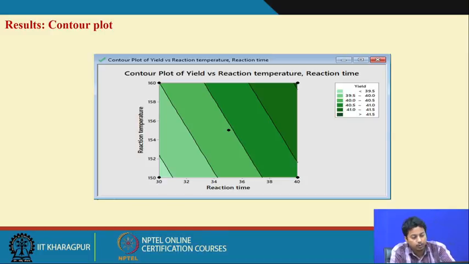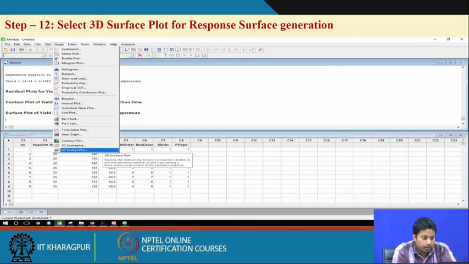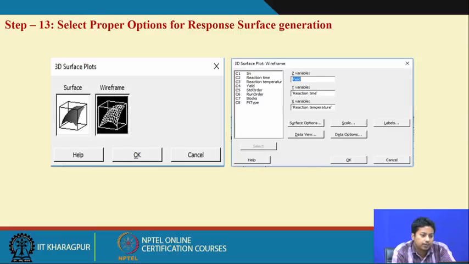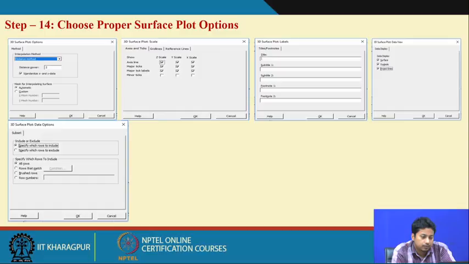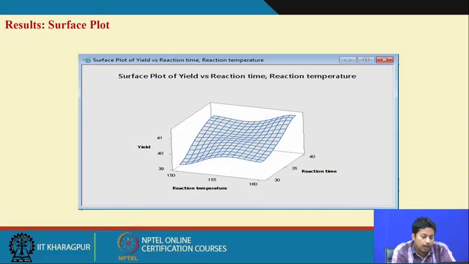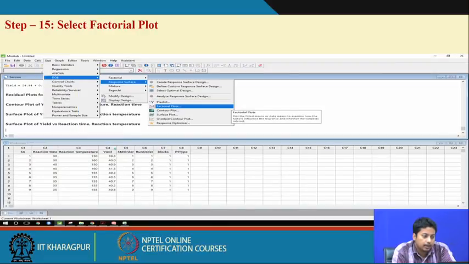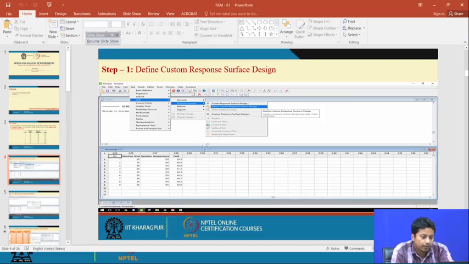Here is the output of the contour plot. Now, here is the response surface generation. So, the last point is to select the factorial plot. To do the factorial plot,